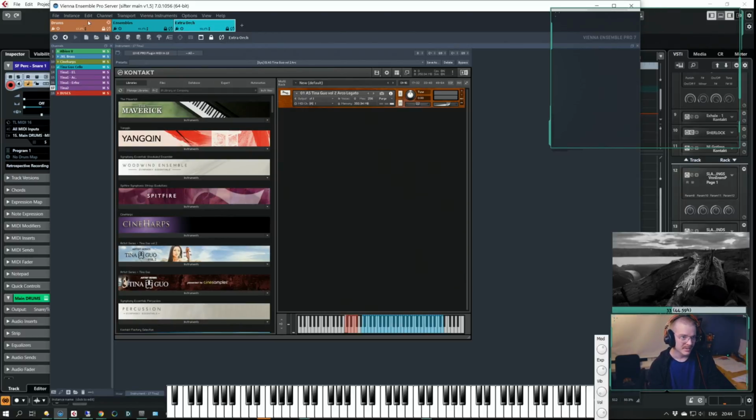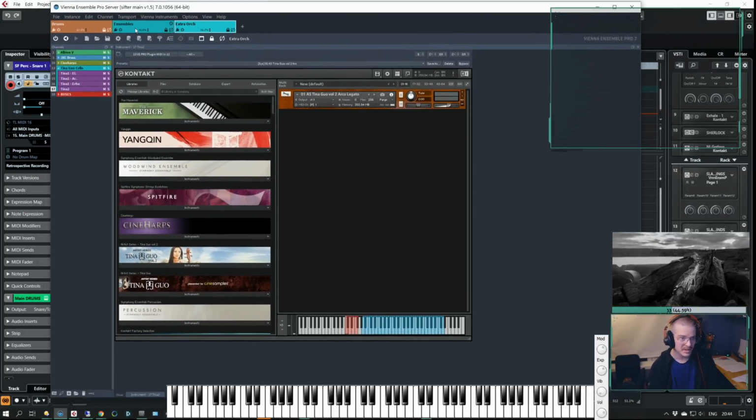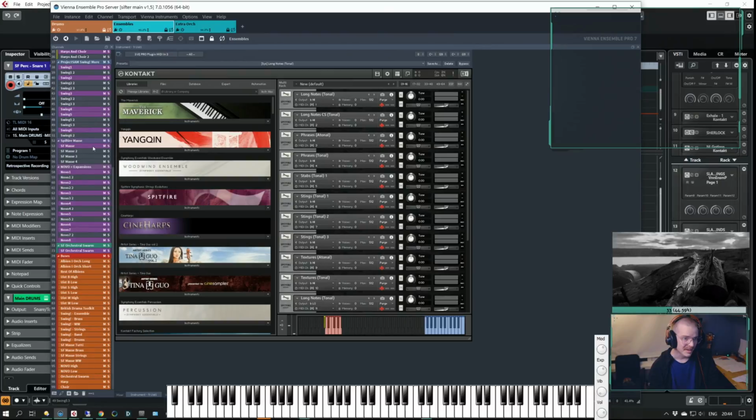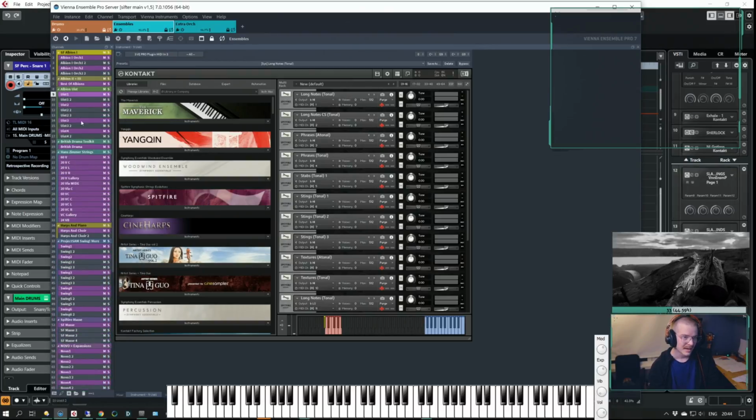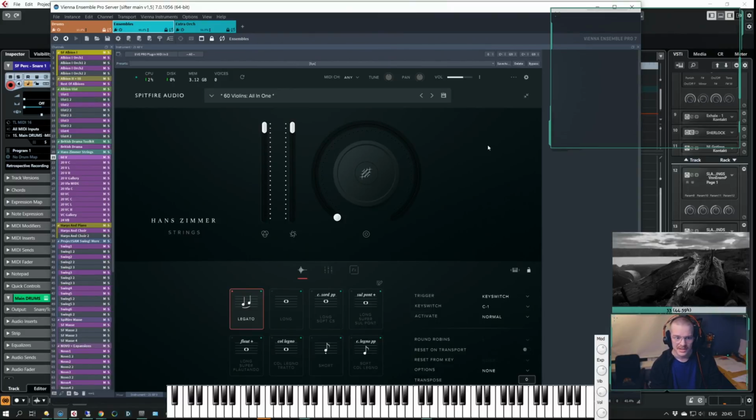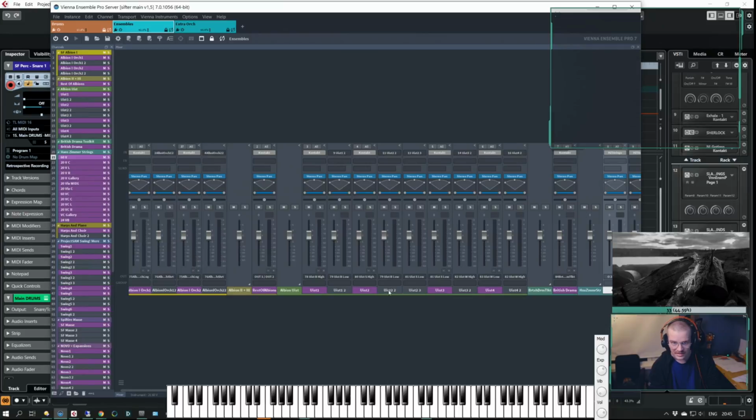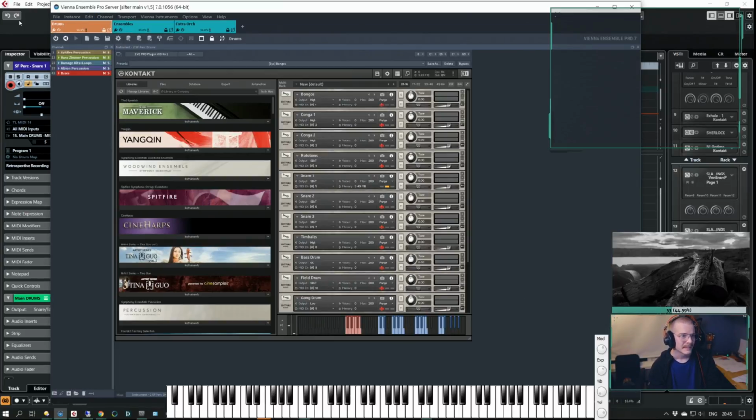And then I'm also using it locally. This is the local version, and it works. You can set it up with different tracks and different instruments. You can use Kontakt, or in this case, this is Hans Zimmer Strings, so this is its own instrument, and it all works. It has its own mixer section, which you can add plugins to if you want to. And the advantages